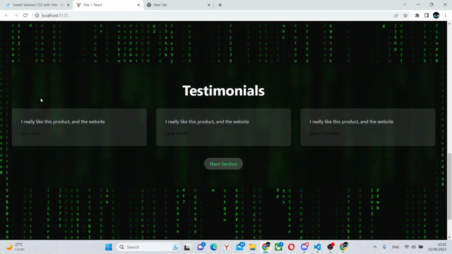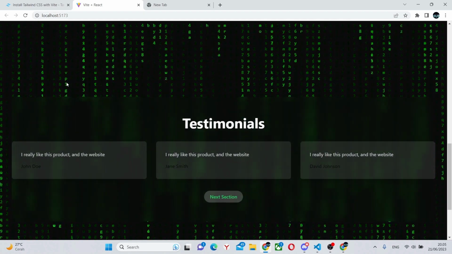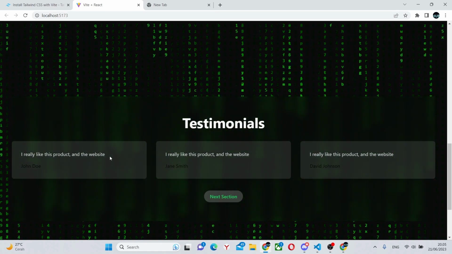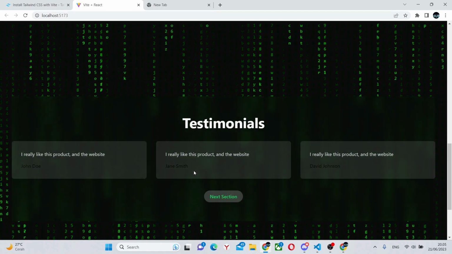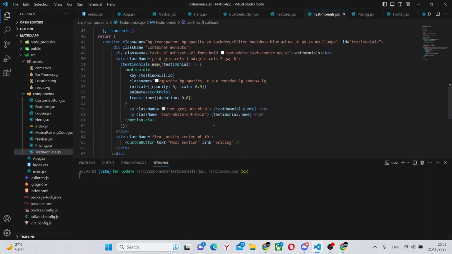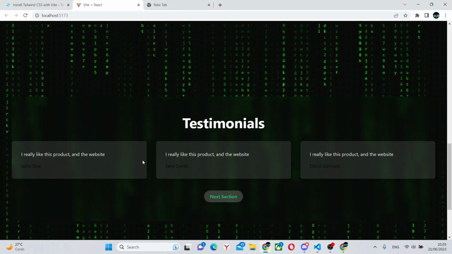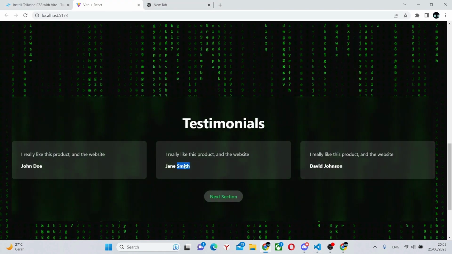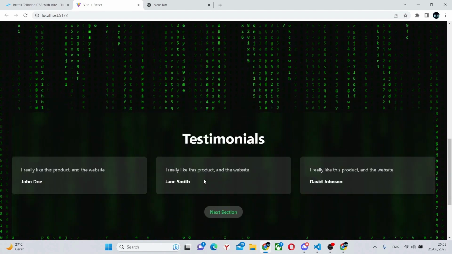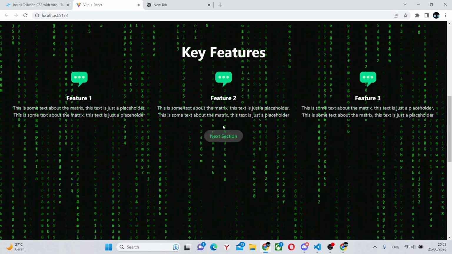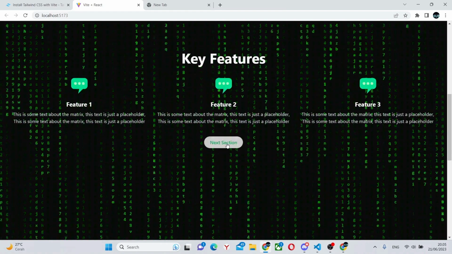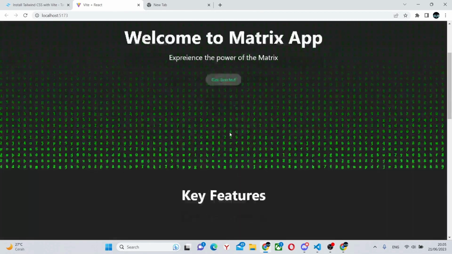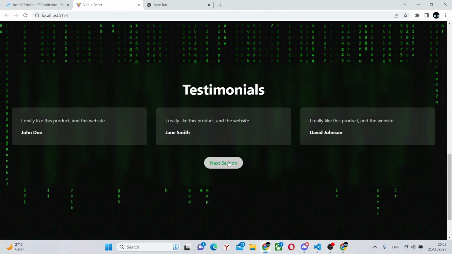And as you can see, we have this glass morphism background. And this technically white background for the sections, but because it has a very low opacity, it seems gray. Although there's one mistake, and for some reason, the text isn't white. This is because we haven't put a space over here. Now we actually have bold and white text. If we click on here, it should bring us to that section, and it very much does. So if we reload the page, the animation does work.